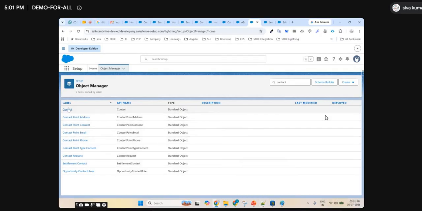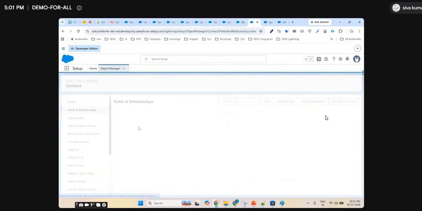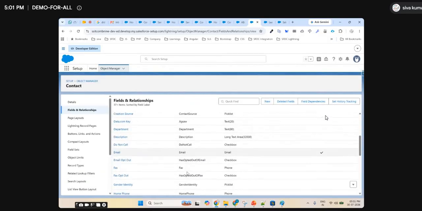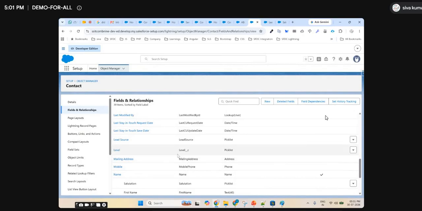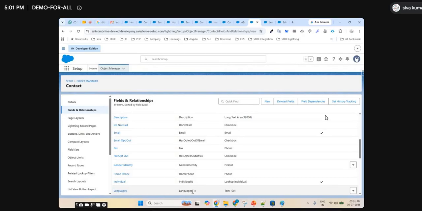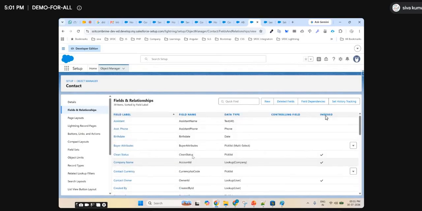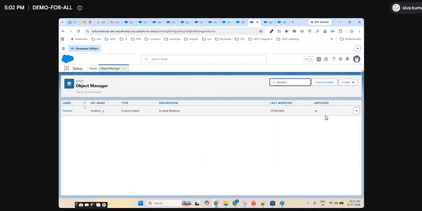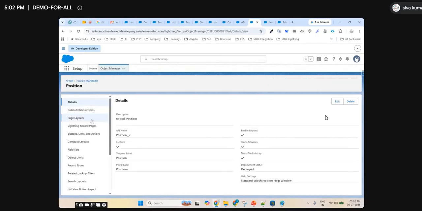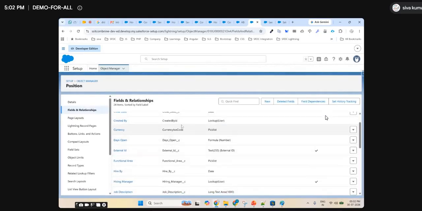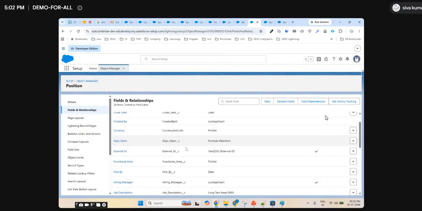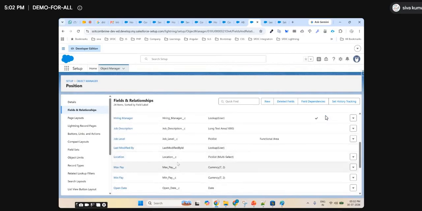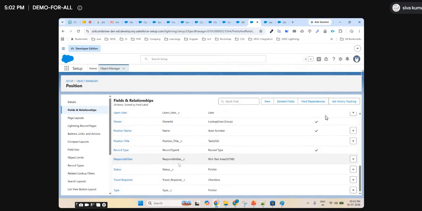Are you clear? That means all standard fields, right? So if you see the fields, field API names, all are like this. Any custom field you create will come with __c. All standard fields won't have any __c. Languages__c, right? And if I go to any position object, you will see all our custom fields there. Whatever fields you are creating didn't come out of the box. See, all fields are like __c. Everything is like __c. Clear till this point?